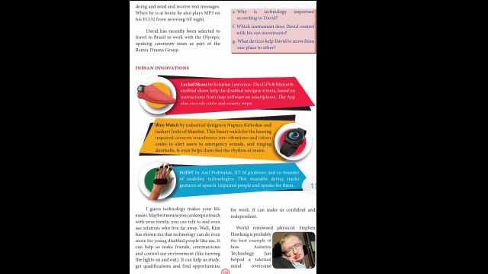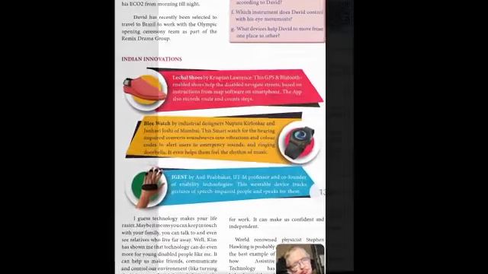Blee watch by industrial designers Nupura Kirloskar and Janhavi Joshi of Mumbai. This smart watch for the hearing impaired converts sound waves into vibration and color codes to alert users to emergency sounds and ringing doorbells. It even helps them to feel the rhythm of music. IGST by Anil Prabhakar, IIT Madras professor and co-founder of Enability Technologies. This wearable device tracks gestures of speech impaired people and speaks for them.